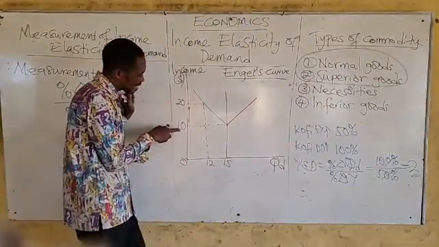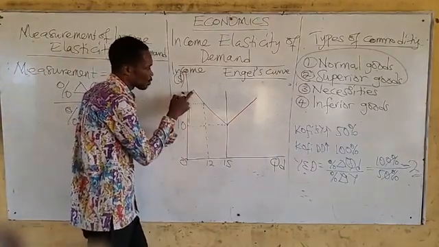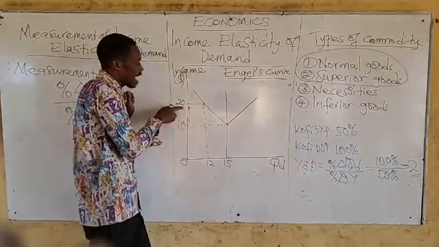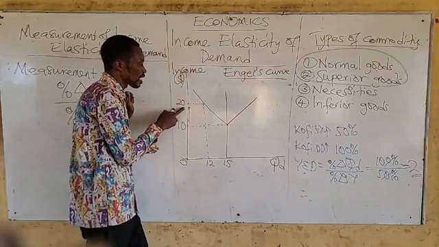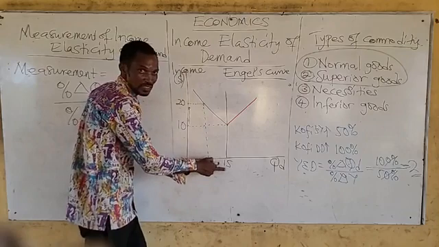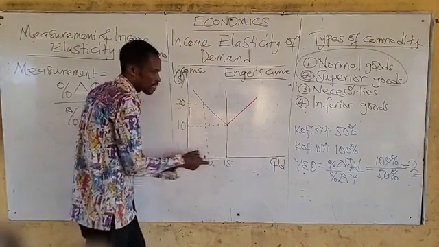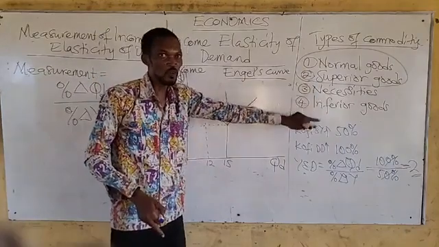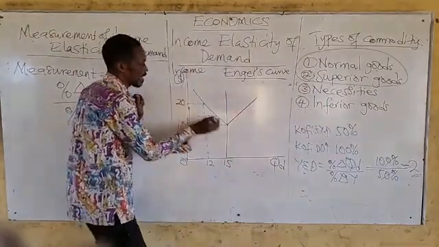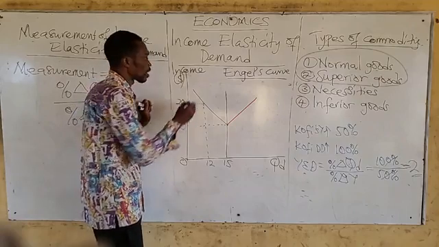So at the initial income of $10, Kofi was buying 15 quantities of this particular commodity, the blue line. But when his income increases to $20, Kofi is now buying 12 units, which is lesser than this. Clearly, this type of commodity, where your income has gone up but your demand has fallen, will be somewhere here. What type of commodity is that? Surely it is the inferior commodity. So this particular curve is representing what we call the inferior good.